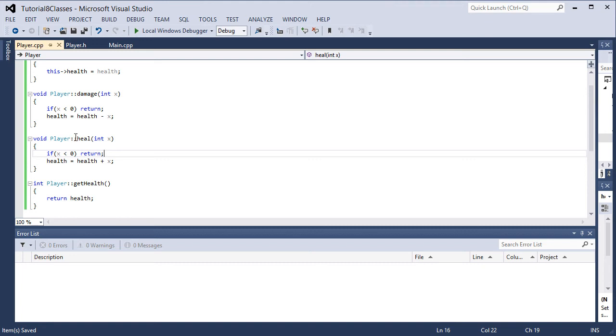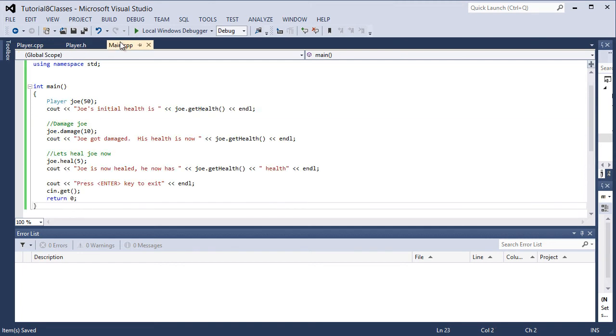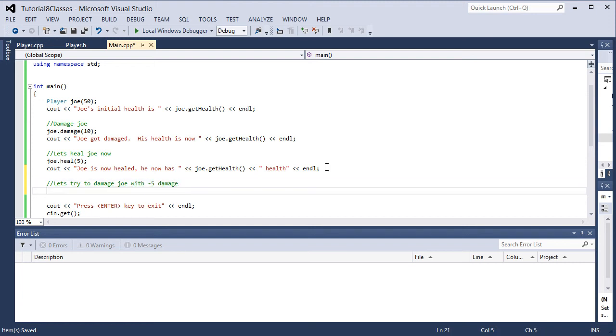Now, I took that back because if you withdraw a negative value, you actually get more money, so you guys might actually like that. But you wouldn't want the other way, which is why I changed the order of that. Okay, so let's try to damage him again. Let's try to damage Joe with -5 damage. Alright, so Joe.damage(-5);